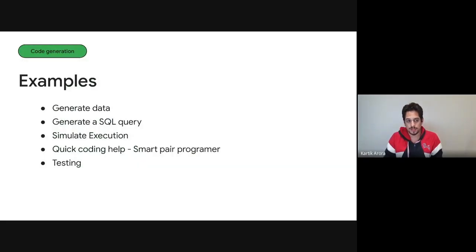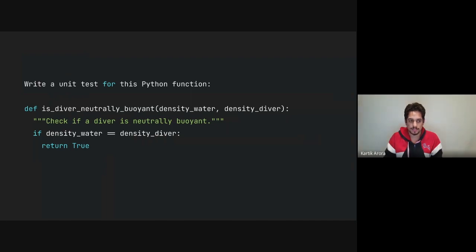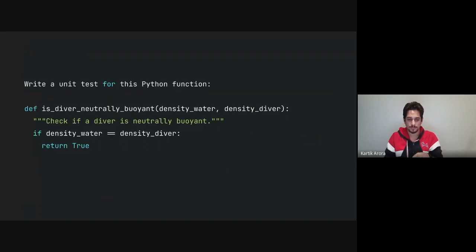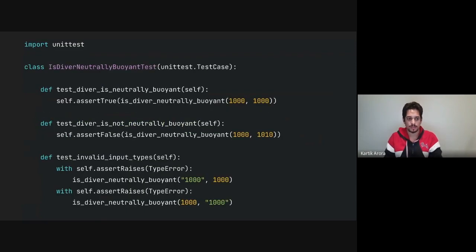It can also help us generate unit tests. Using a basic example over here, this is a basic Python function. Let's not worry about whether it is factually correct or not, because we just want to make sure that we are unit testing it. So if we run this prompt in Gemini, this is one of the outputs we get. This is the output I got. It does some input checks, it does type checks, so basically it does things that you would do anyway. But you've saved some time. You can copy paste it and then improve the code over there.